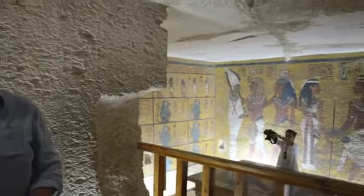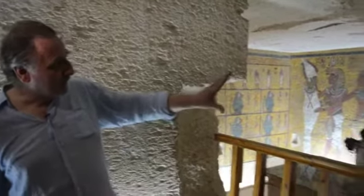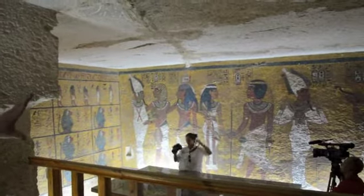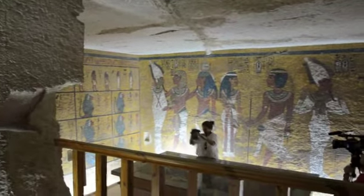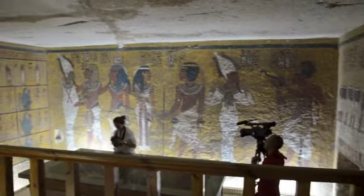No, this tomb was here before Tutankhamun. Because I think this is a wall that was made as a blind to conceal the fact that the tomb continued beyond here. Oh, of course. And there's a very similar blind in the tomb of Horemheb, which will